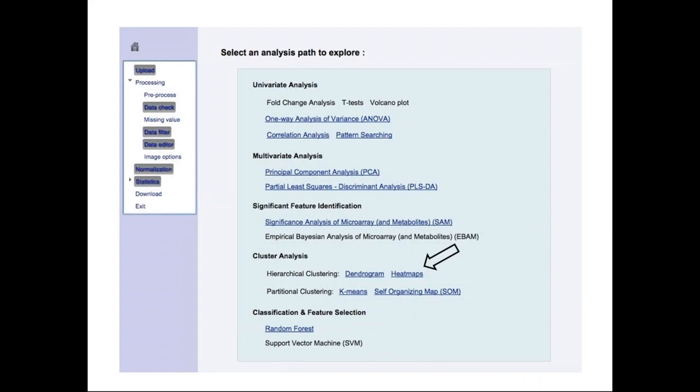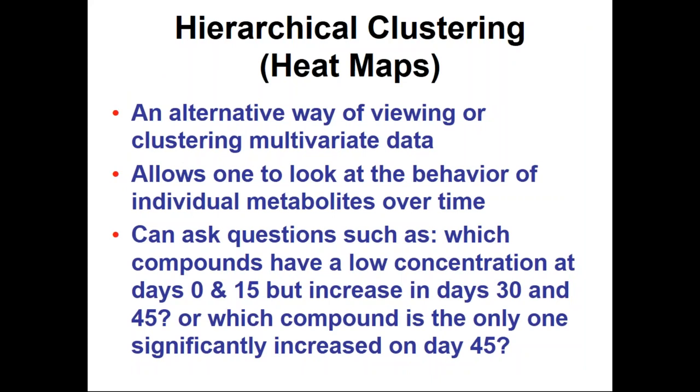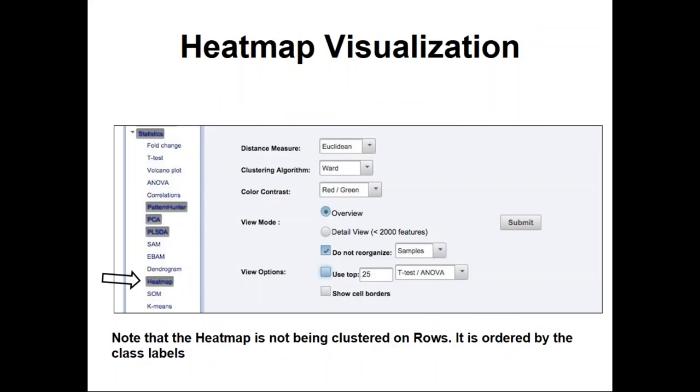Another approach for just looking for temporal trends is just the heat map. This is a very visual thing that you can do with Metabolomics. There's another tool we've developed called Heat Mapper at heatmapper.ca. Does the same thing. And you can look at individual metabolites over time, and you can just see very clearly what's happening. In this case, we just click on the heat map on the left side under the statistics package. We uploaded it. We've used a standard Euclidean distance measure. These are all the default values, and you just press submit.